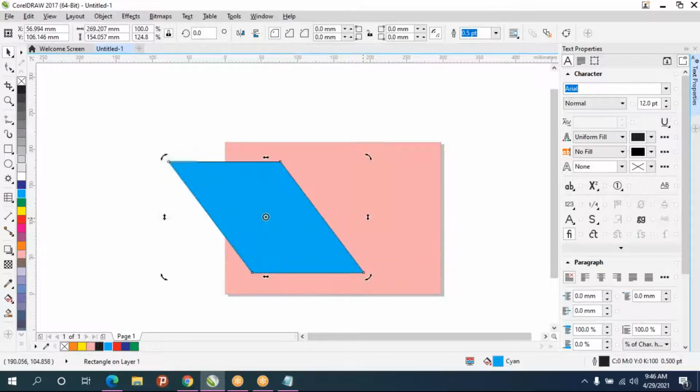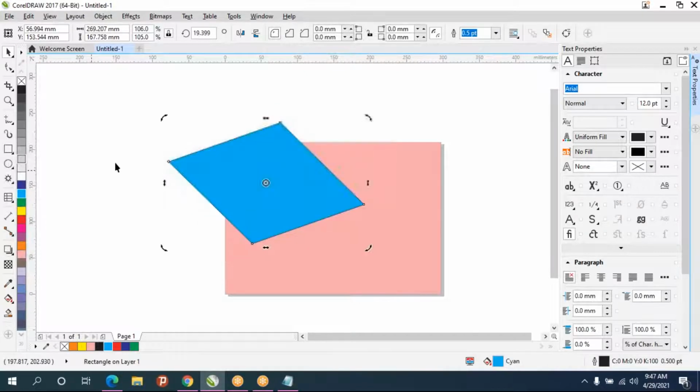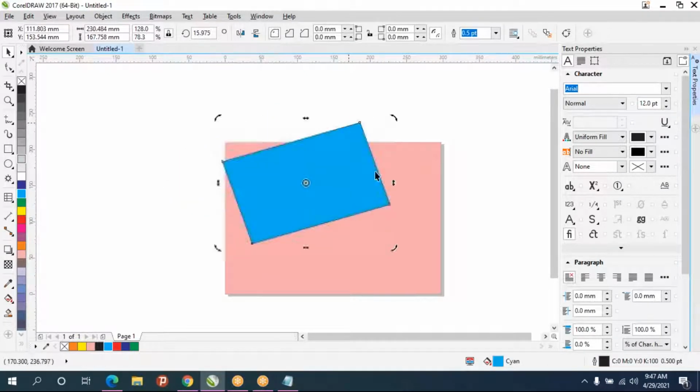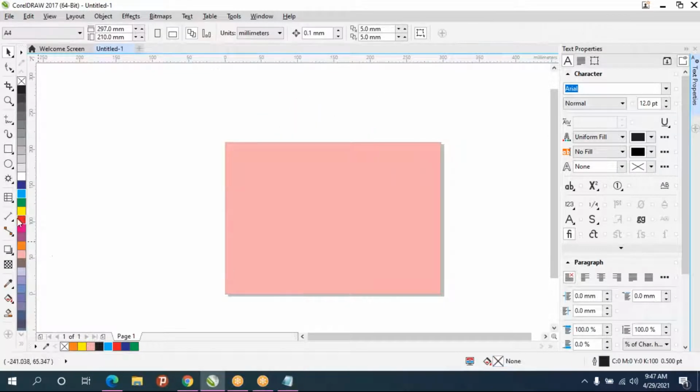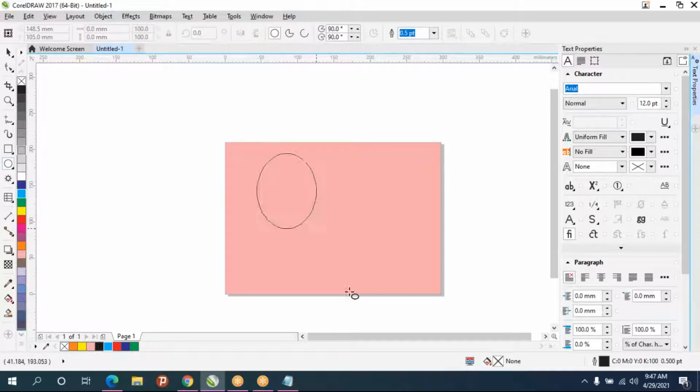Skew, and you can rotate however you want. So manual rotation, otherwise you can rotate in the property bar itself. Okay, again same thing for circle also, or ellipse.